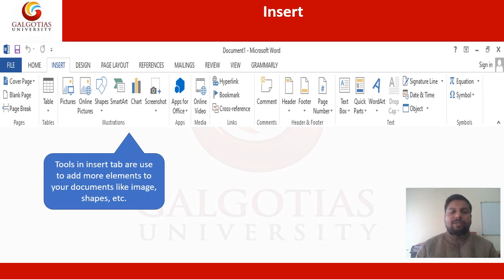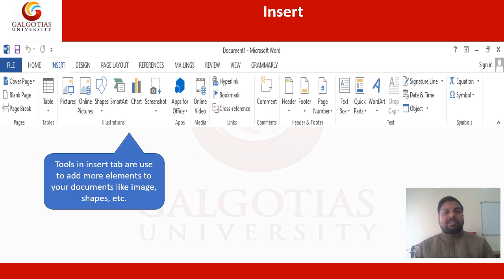As students of media and mass communication, we all know that audio and visual is the most effective medium. So when we are using text, we also use some visual things in it. We insert pictures from here, and that improves the readability of your articles.